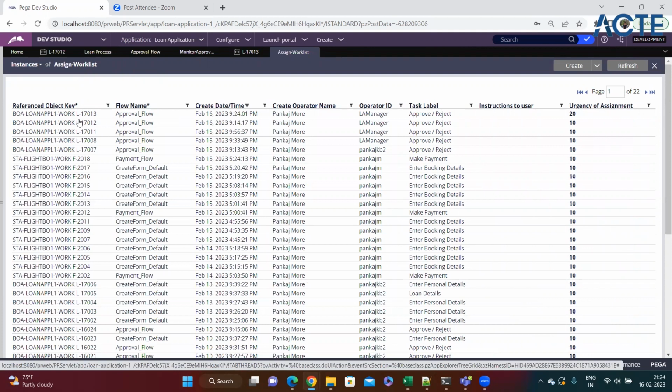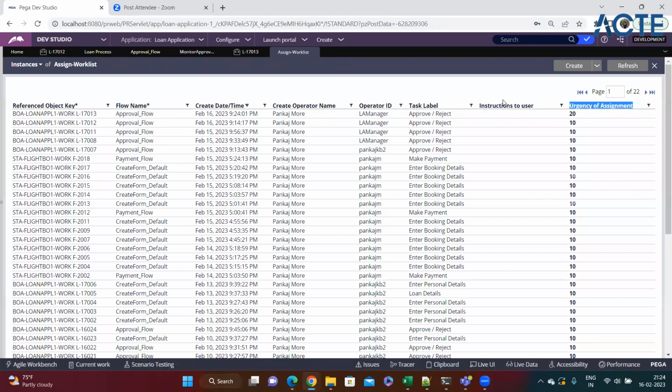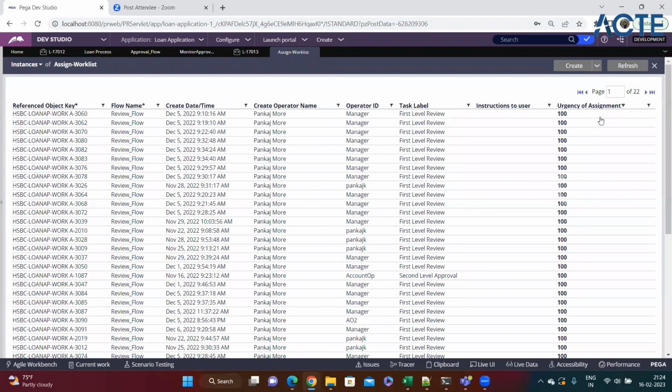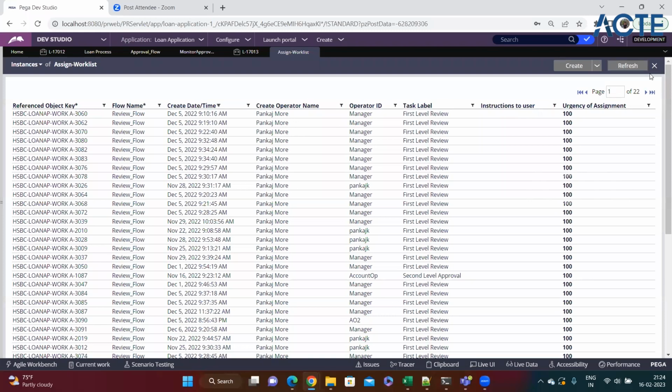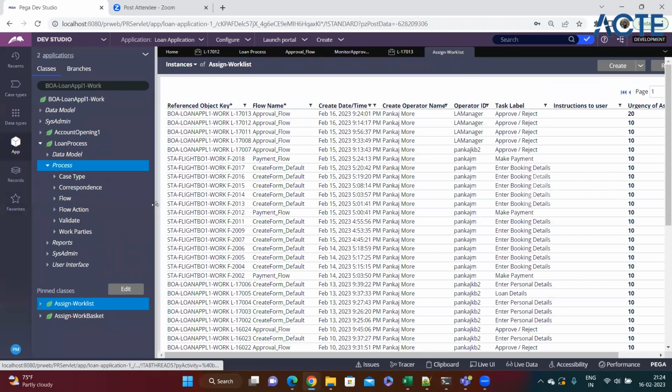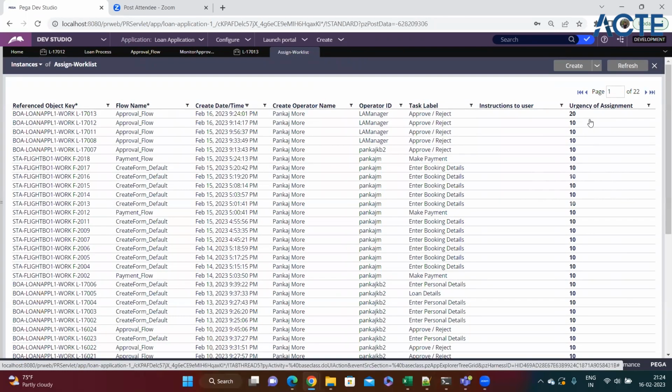So now I can see here everything, like our work object ID or case ID. You can see here 17013. So that is 17013, and the flow name is this, and everything is this. And you can see here the urgency of this assignment. With this urgency, I can get to know which one I have to perform. Okay, sorry, I just filtered it. Okay, refresh. Okay, yeah. So with this, I can just get to know